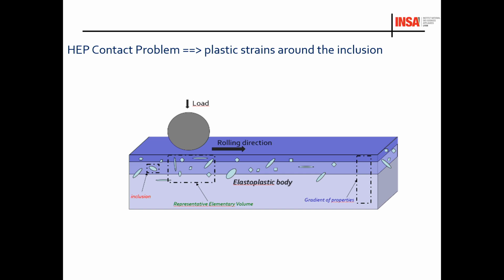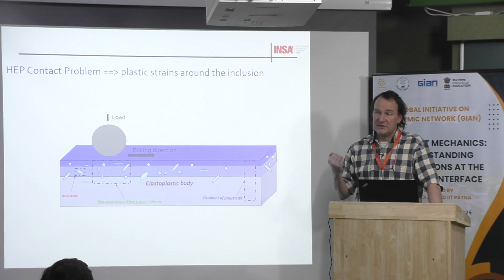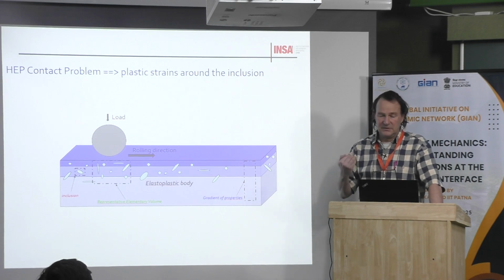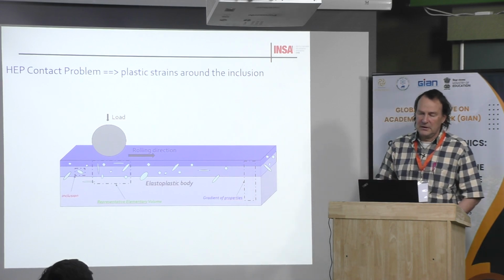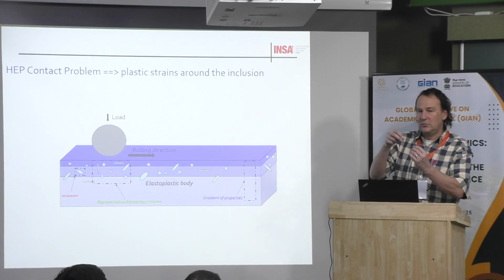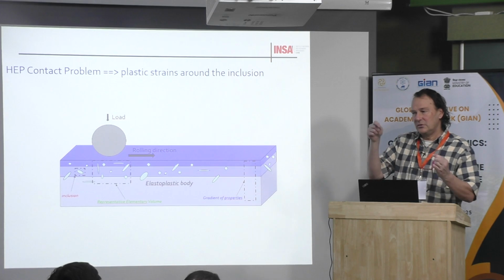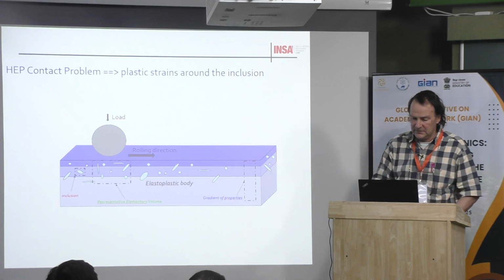Typically, carbides are not very stiff. They are slightly stiffer than steel. The most detrimental type of inclusion is alumina for bearing steels, because the Young modulus is in the order of 400 gigapascals, which is quite double that of steel. Then this is very detrimental. If you consider carbide, the Young modulus is lower, so it is less critical, and also carbides are very small. However, sometimes you can have stringers of carbides. Then when you have stringers, they can interact with each other and be quite critical.